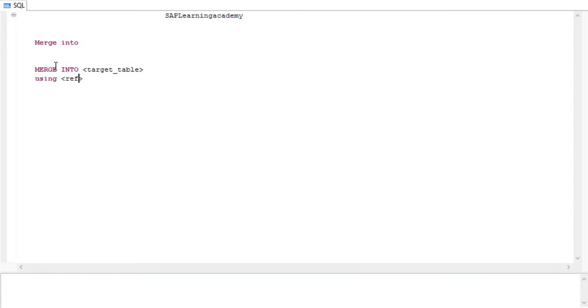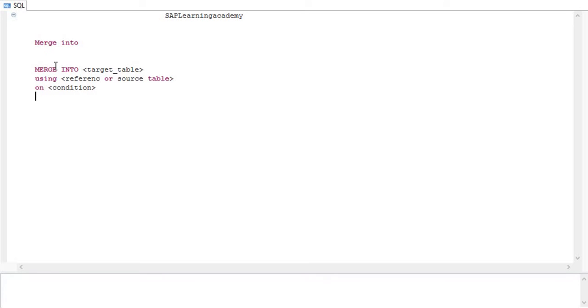You can call it a reference table or source table. And then like in a join, you have to give on, then some condition, the searching condition. I will be giving you the example, so just wait for the example so that you can understand.